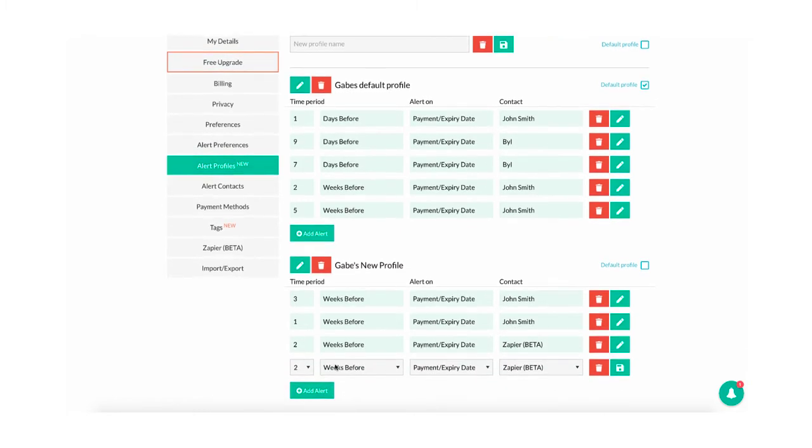And let's just do one more, 2 weeks before, and this one I want to send to Bill. And I'll save that. That's it. That's done. Now you'll also notice here that you've got a default profile. Now if I want to set this one as my default profile,